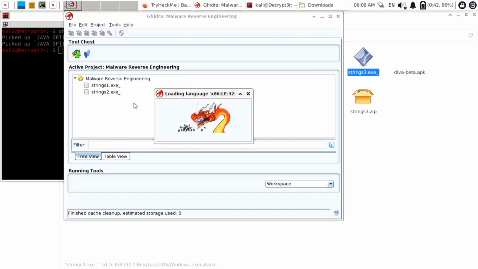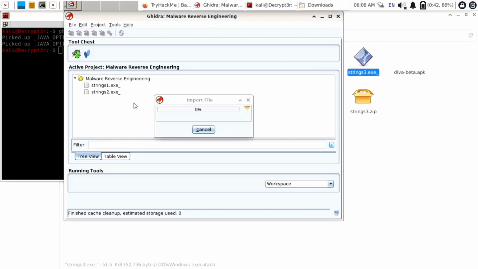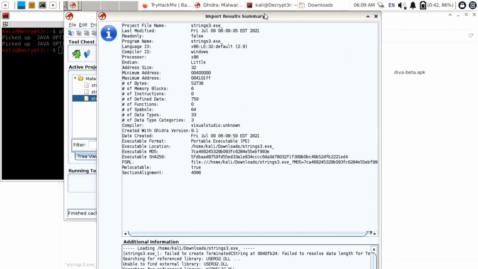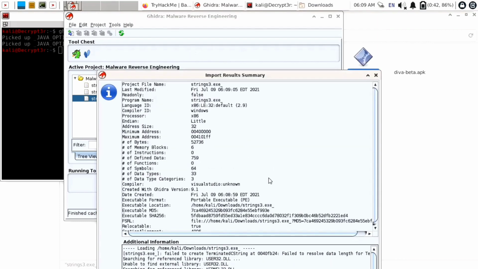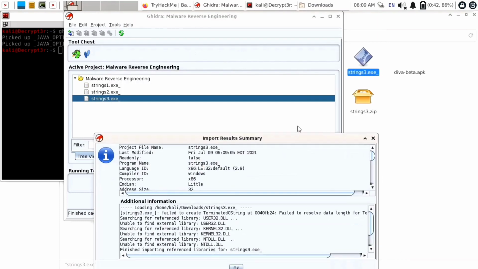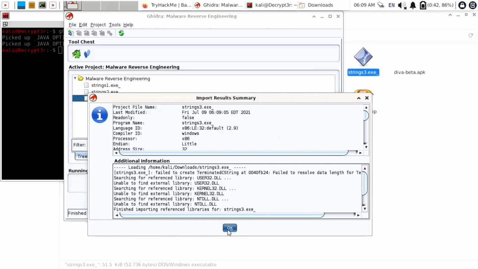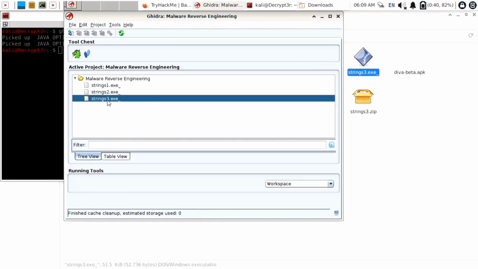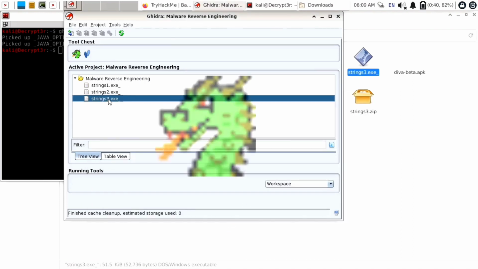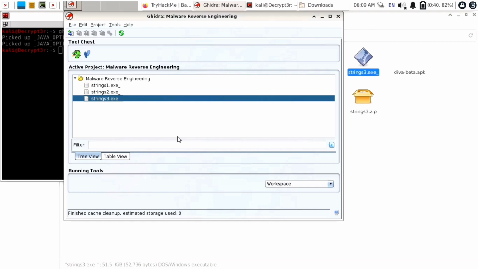Now it is loading the language x86 and the file import is completed. Okay, now just minimize this import result summary and click on OK. Double click on string3.exe, or you can select it and click on that dragon icon to load it in the Ghidra browser.